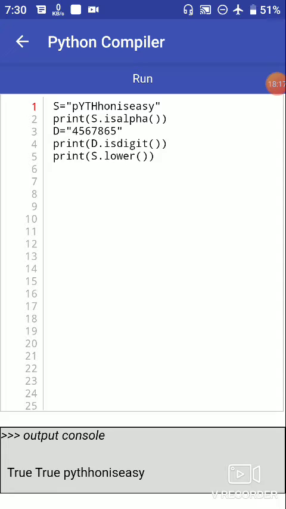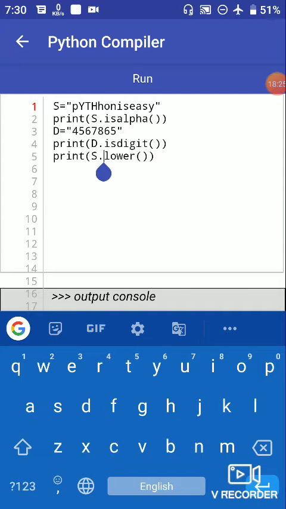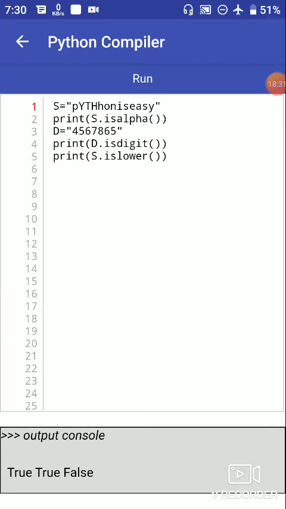After this we use the islower method. It gives us whether the whole string is in lowercase or not. After running this, it gives us false. This means the whole string is not in lowercase.